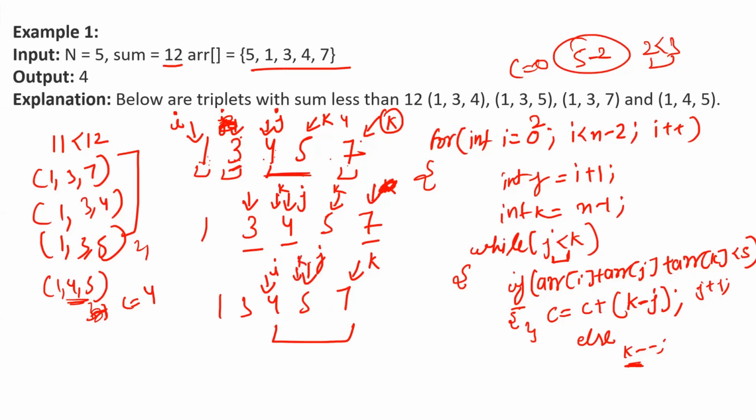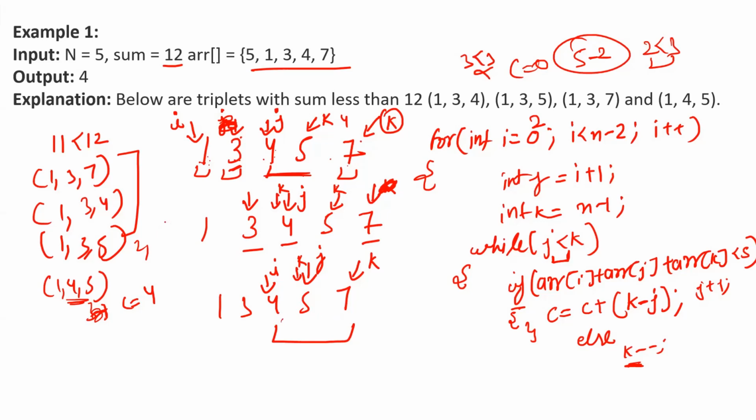If we are decrementing the value of k, now you can see k and j have become equal. It means this while loop condition, j less than k, has become false. So we will come out of the loop, right? And after this, the value of i will be 3, and 3 less than 3 is false. Obviously, we won't be able to get triplets now.